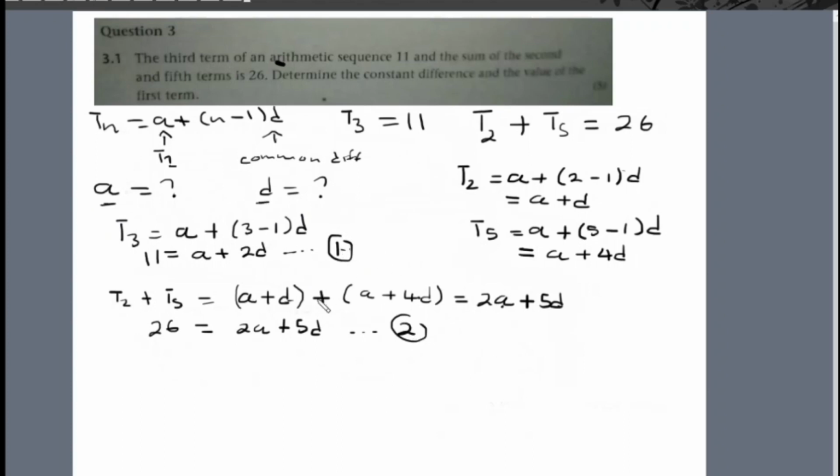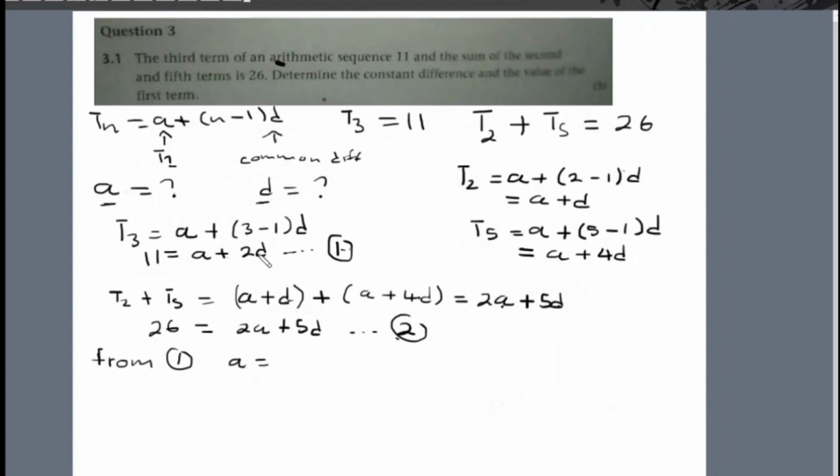Now this becomes a question of solving simultaneous equations, where equation 1 is that one and equation 2 is this one. So from equation 1, we can make a the subject of the formula. From equation 1, a is equal to